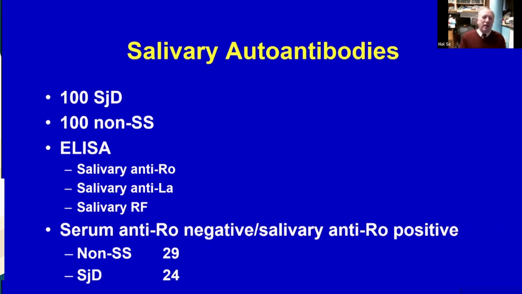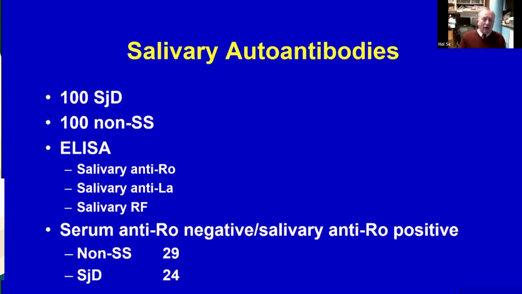And there's already data that antibodies are in saliva. We took 100 Sjogren's disease patients and 100 non-Sjogren's sicca patients who do not meet the research classification criteria. In general, those patients are not going to have anti-Ro, and they don't have a focus score greater than 1, because if they had those, they would have met the criteria. And we did an ELISA test on saliva looking for anti-Ro, anti-La, and rheumatoid factor. And mostly I'm going to discuss with you the